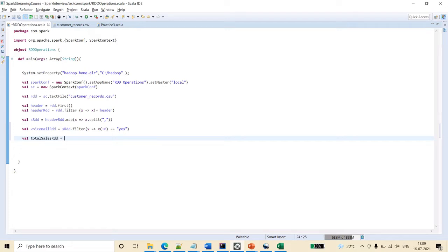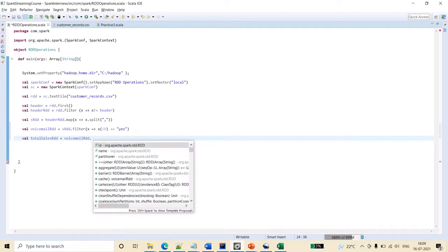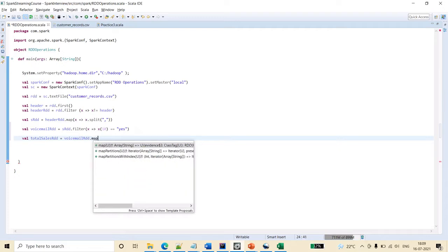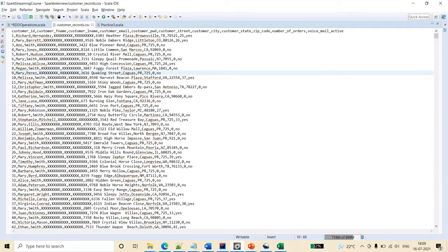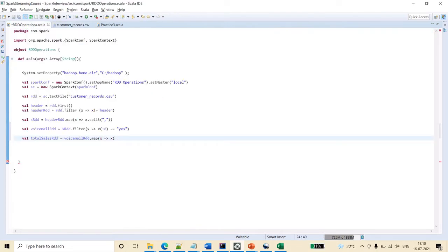Now we'll create one total sales RDD. We'll take this filtered RDD dot map of, again, number of sales, number of orders is there in this, starting with 0, 1, 2, 3, 4, 5, 6, 7, 8, 9. The ninth one is this number of orders, so make it the ninth one.